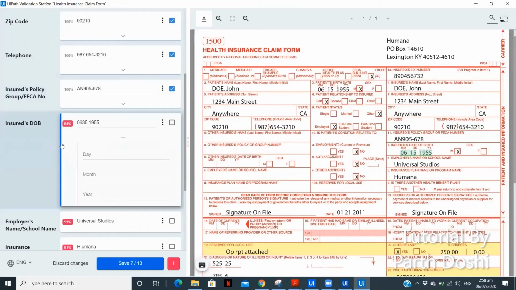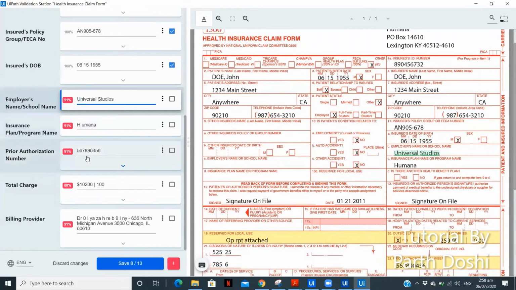Now the accuracy in the date of birth, as we can see, is very less. It's 64 because here this one particular, instead of 1, it is getting extracted as 3. So I need to change it, keep it as 1, and so this is the reason why we use the present validation step.